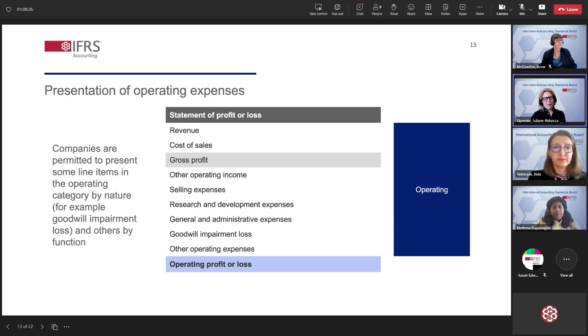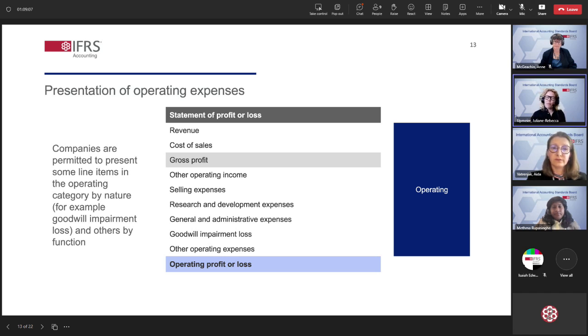Now, in deciding how to present operating expenses, a company should consider factors such as what line items provide the most useful information about the main components or drivers of the company's profitability, but would also consider, for example, industry practice. Classifying and presenting expenses based on their nature or function improves the usefulness of information for investors. Information about the nature of expenses allows investors to analyze the components of a company's operating expenses, helping them then to, for example, forecast those expenses in future periods.